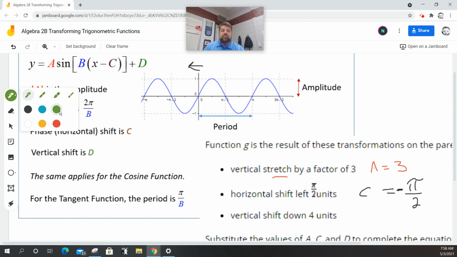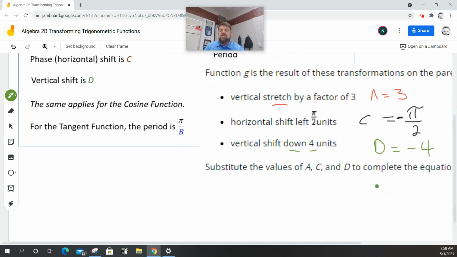Lastly, it says that it has a vertical shift of down 4 units. So that means that D is equal to negative 4. And then it says substitute A, C, B, and D and come up with an equation. So basically, if I